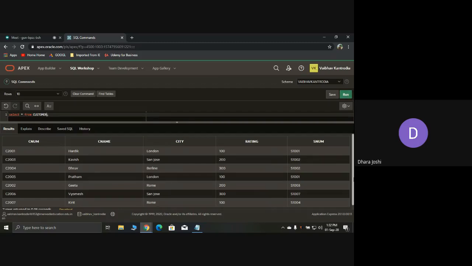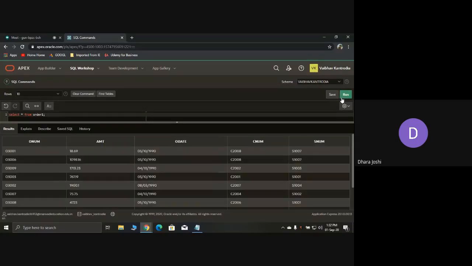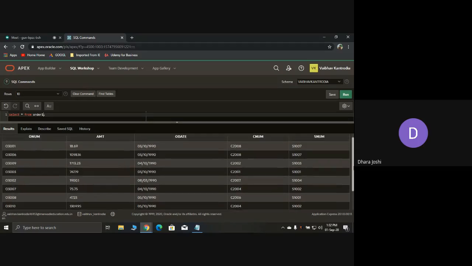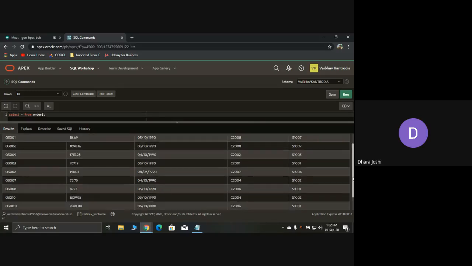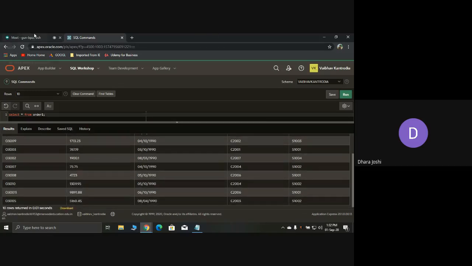Okay, so customer data are visible: customer number, name, city, rating, and salesman number. Good. Now go for the order table. Maybe you have given the name order one. Okay, great. Order number, amount, date, customer number, and salesman number. Very good. Vaibhav, you have done it perfectly.